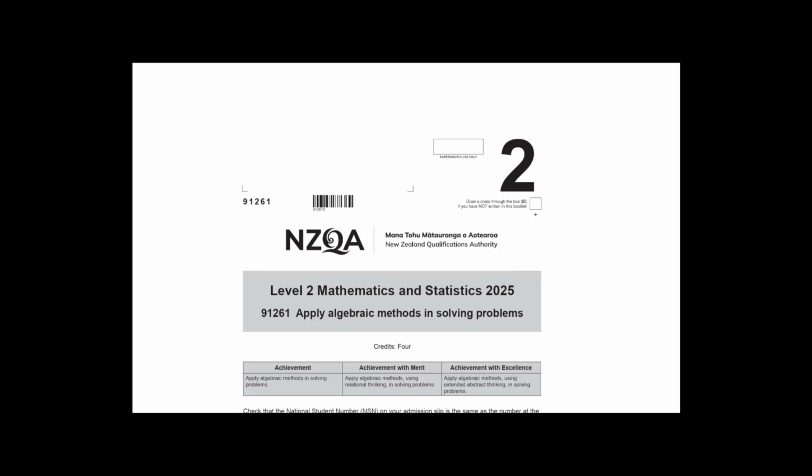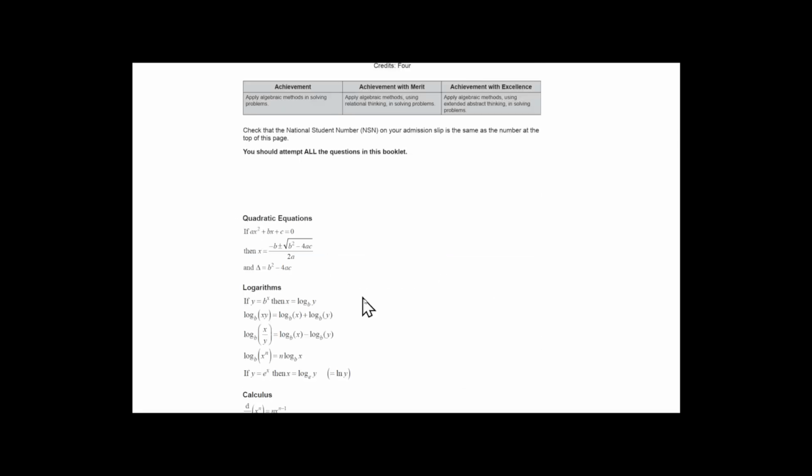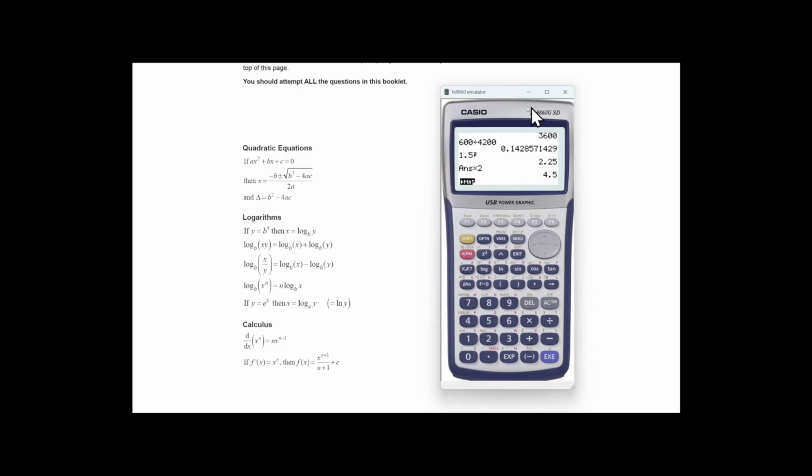All right, we're going to be just using, if ever possible, the formula that they give you. Obviously, we won't need the calculus, but we'll probably need this, and we'll probably need this. And I'll be using the FX82 calculator, which is the most common calculator that students use. All right. So the first one is, let's start off